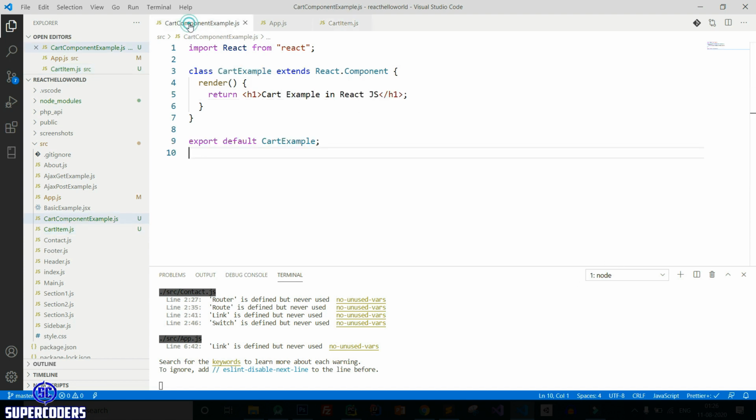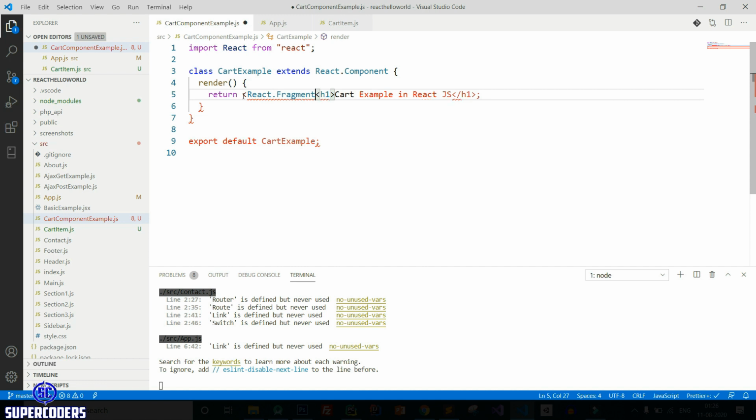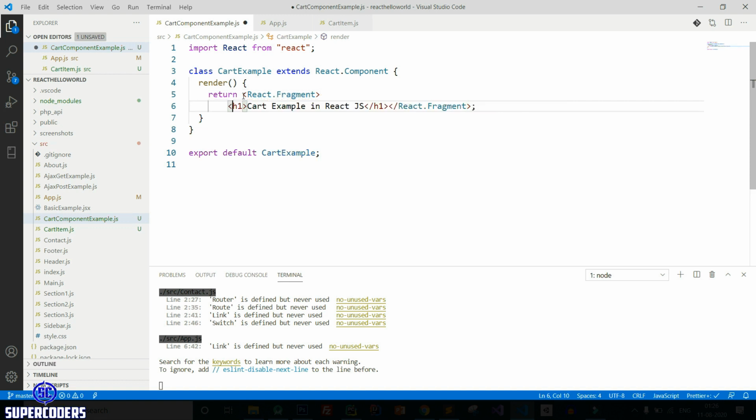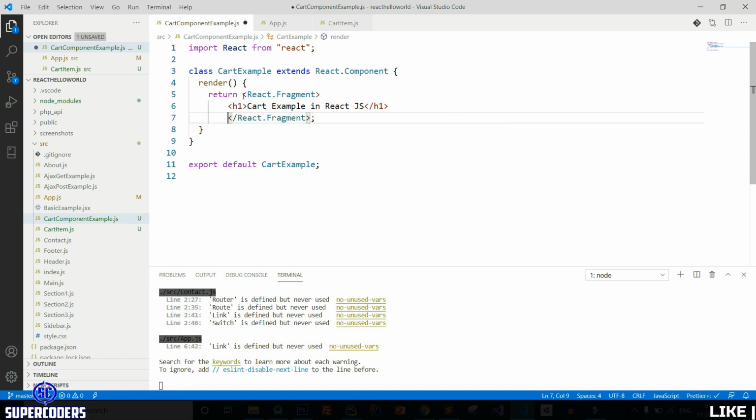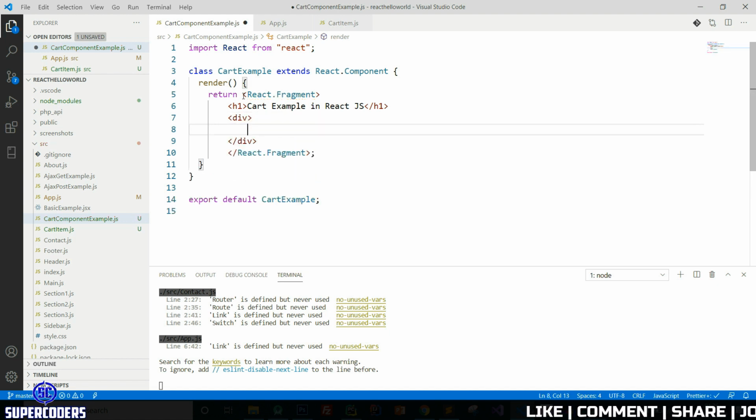Now come here, and here adding a React.Fragment, cut it and move it to end, then here adding a simple div.